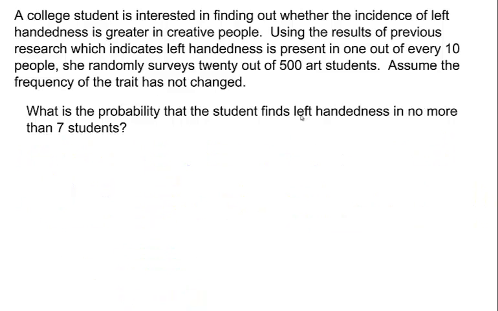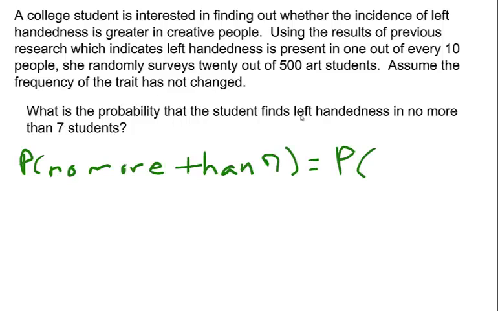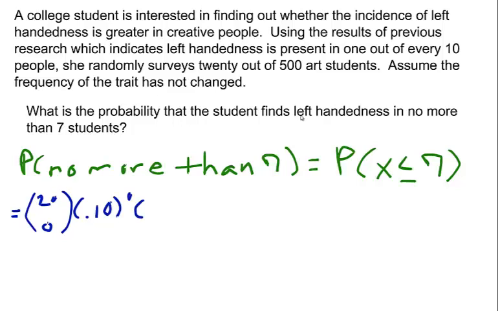Next, suppose we wish to find the probability that our student finds left-handedness in no more than 7 students. In other words, the probability of no more than 7 is equal to the probability that x, our random variable, is less than or equal to 7. Setting up our formula, we'll start at 0, since we're interested in 0 through 7. So 20 choose 0 times the probability of success to the power of 0 times the probability of failure to the power of 20,